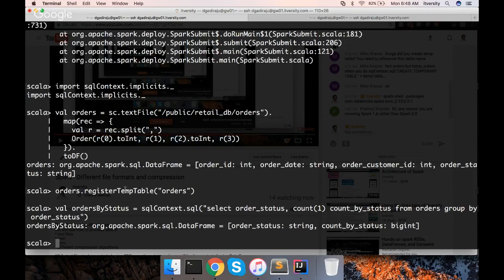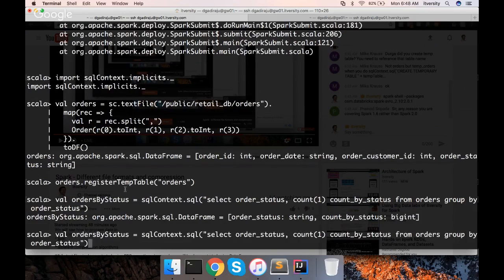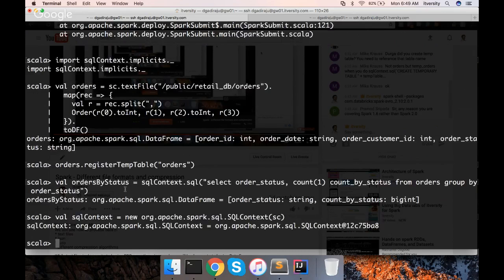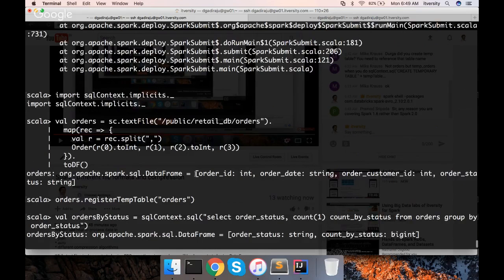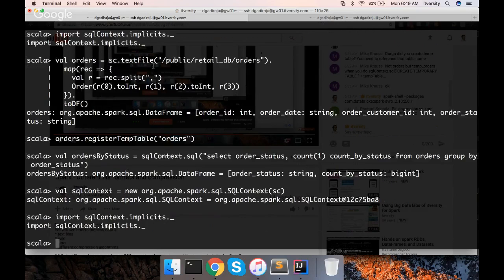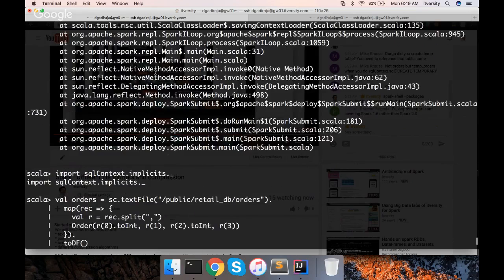Okay, so I'm running again in a proper order, just to make sure that you don't have any confusion. So first thing you have to take care is creating the SQL context pointing to native SQL context. And I will highly recommend to immediately import this one rather than delaying it. Once you import SQL context, you can create case class.